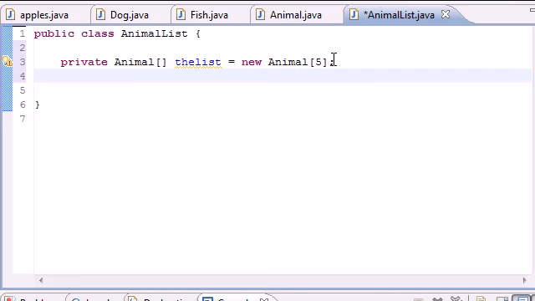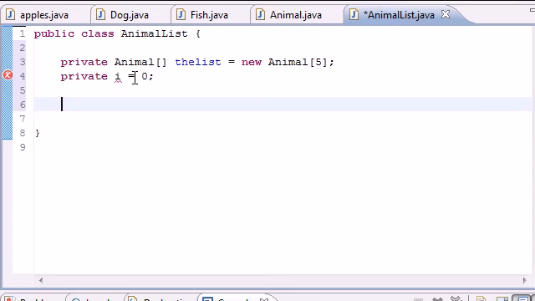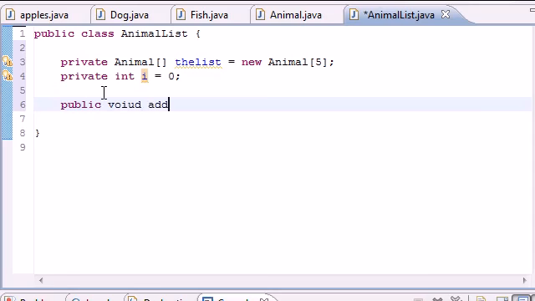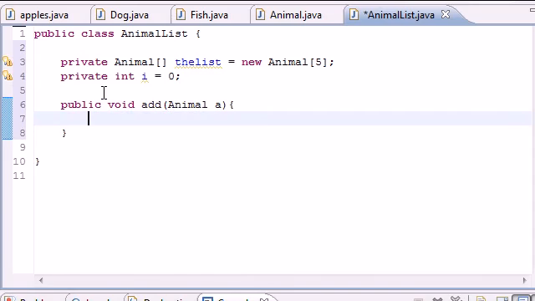After this, let's make our counting variable, private int i equals 0, I always do that, and now we can go ahead and build our method. That's public void, we'll name it add still, but we have to spell void right, add, and we'll put Animal a. So now it takes one parameter, which is an animal object, and now we'll just do that test again. If